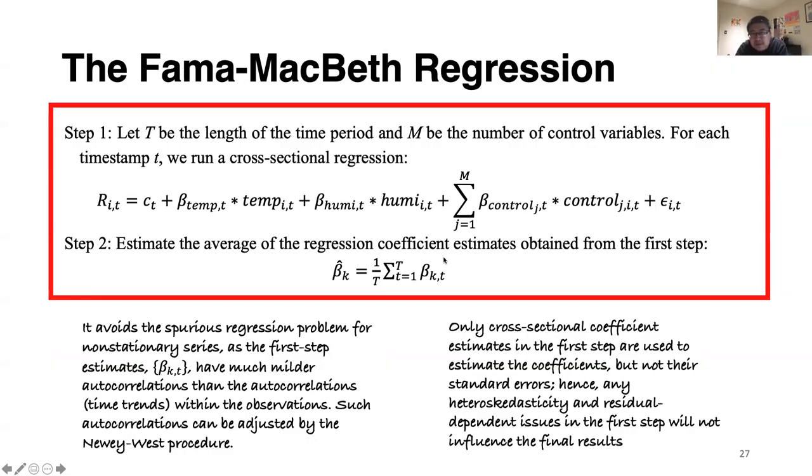And has been proven effective in various disciplines, especially in finance and economics. Our model estimated an increase in temperature by 1 degree Celsius is associated with a reduction of R value of COVID-19 by 0.026 in China and by 0.02 in the US. An increase in the relative humidity by 1% is associated with a reduction of R value